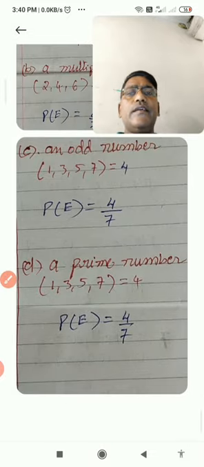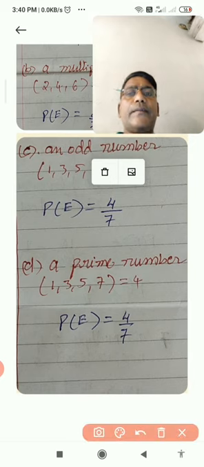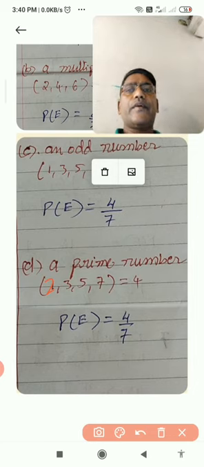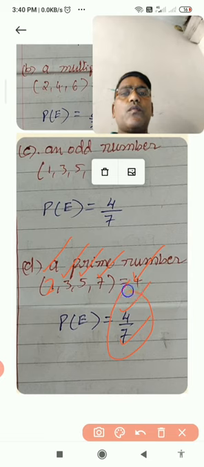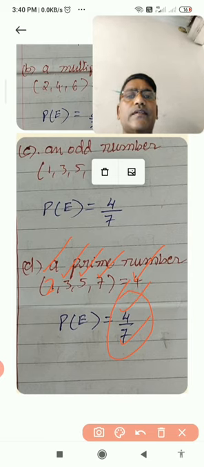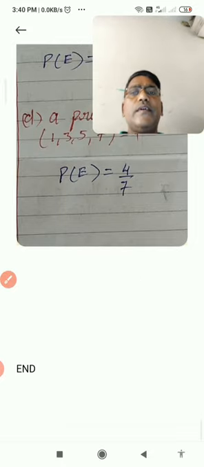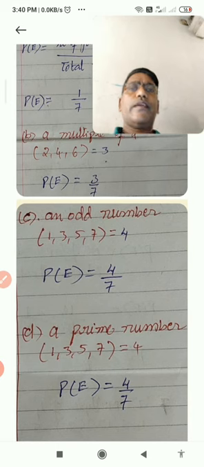Then you see D also given here: prime numbers. What are the prime numbers? Here it is mistakenly written as 1. It is not 1, 1 is not a prime number. So 2, 3, 5, 7. How many numbers are there? 4. So favorable condition 4, total number of conditions are 7, probability is 4 upon 7. Clear to you? Like this we are going to continue this chapter. It is an easy and small topic, introducing probability to you. Thank you very much.